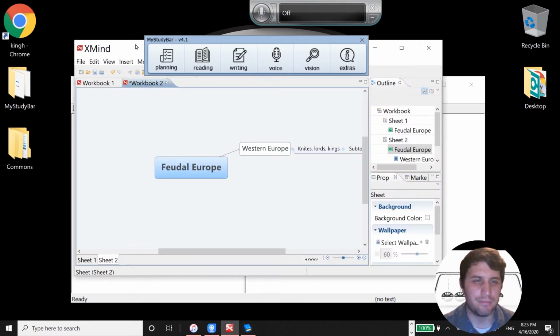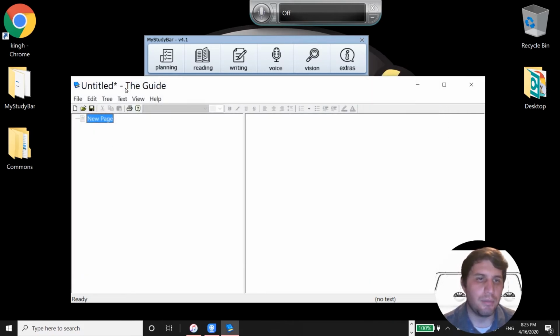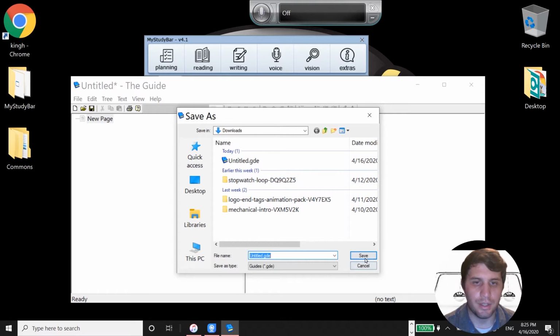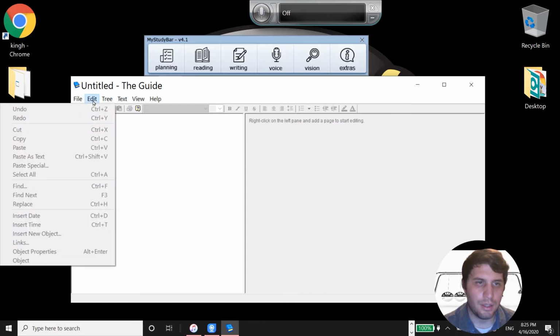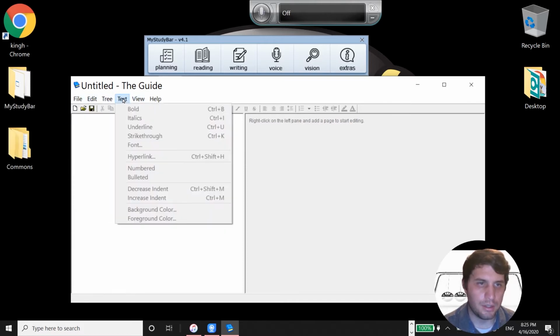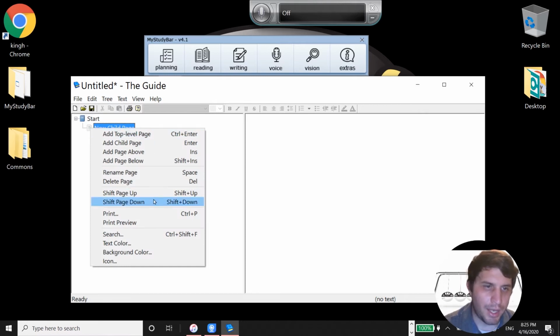It gave me a brief. This is how you can color code. So, for example, let's say I add another page, and there you go. Save that. Yes, it's fine. Edit. Add top level page. Start. Tree. Add child page. So now on the child page, what I can do is, with these options,